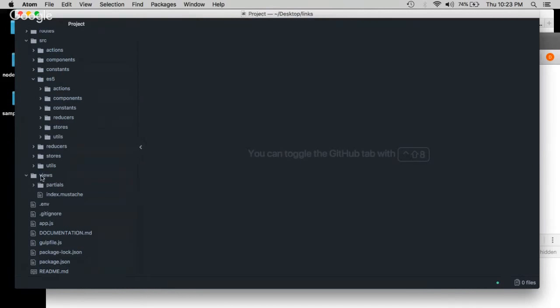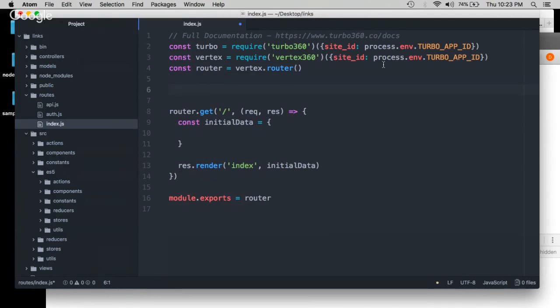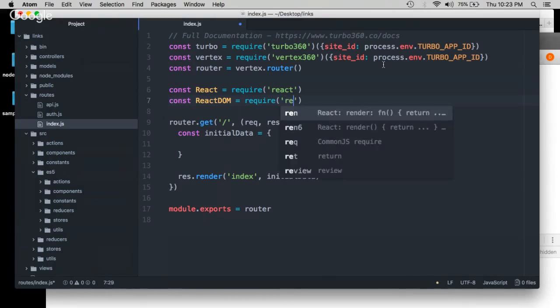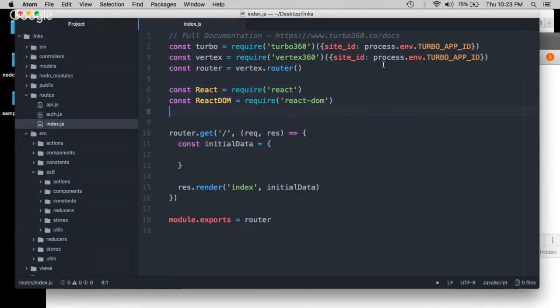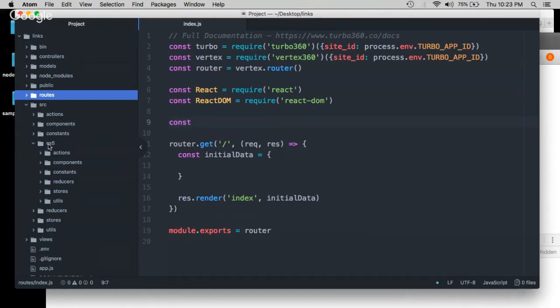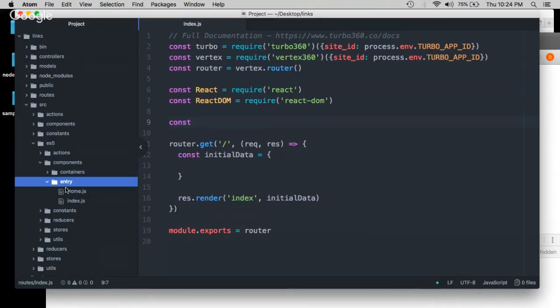So let's go ahead and open up the index.js from the routes directory and start referencing some of these files. So first thing we need to do is import just the usual React stuff. So we want React, obviously. We want React DOM. And let's see what else we want. We want the entry point. So we're going to want this entry point right here, this guy right here. Right, so we want home